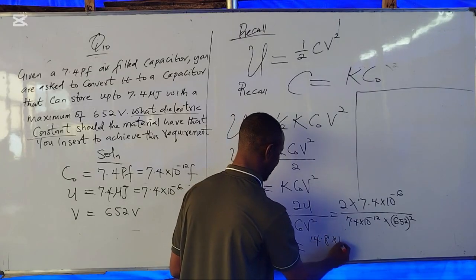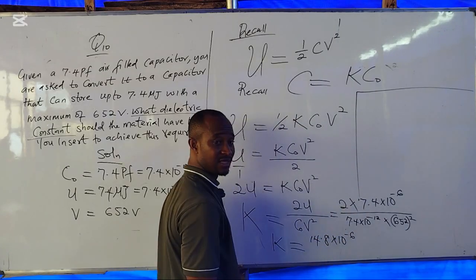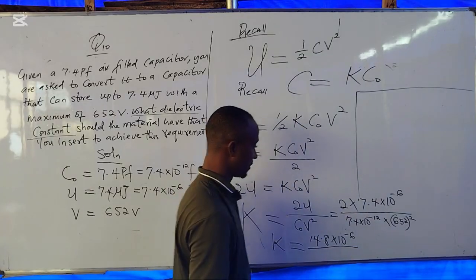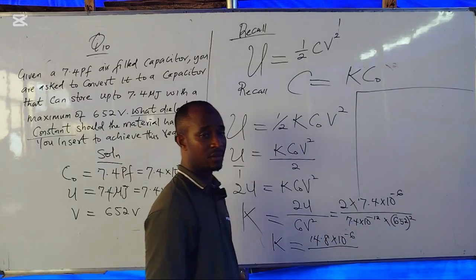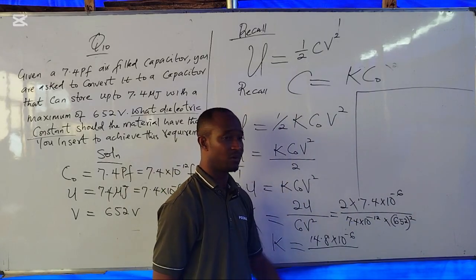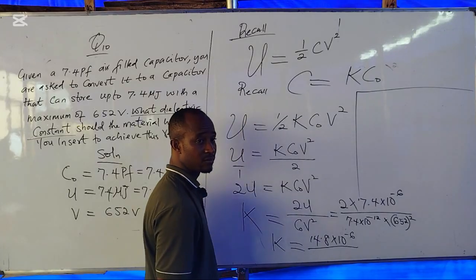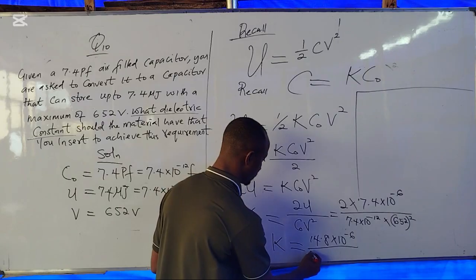14.8 times 10 per what? Minus 6, right? Divided by what? Please evaluate this for me. 652 square. What do you have? Multiply by 7.4. 3145